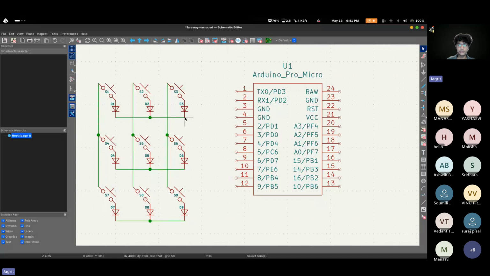So when you are done here, you need to wire this again. You can press W if the wiring tool doesn't show up. For example, if the wiring tool is not showing, you can press W and the wiring tool will start. So I'm pressing up here and connected my row 1 with pin number 5, or you can call it PD1. And for row 2 as well, I'm connecting it to